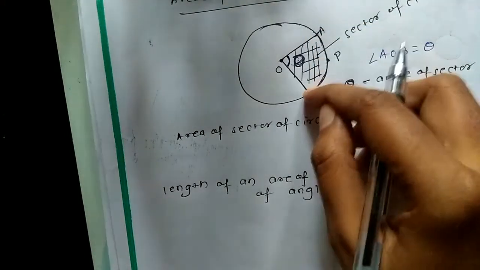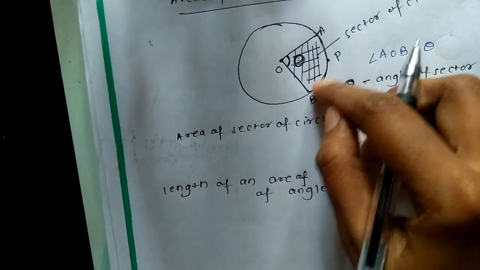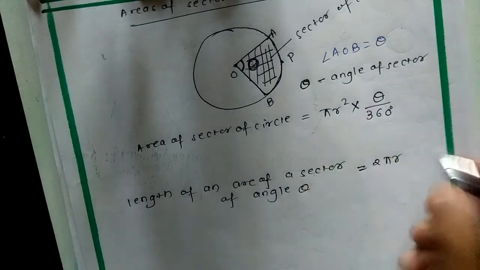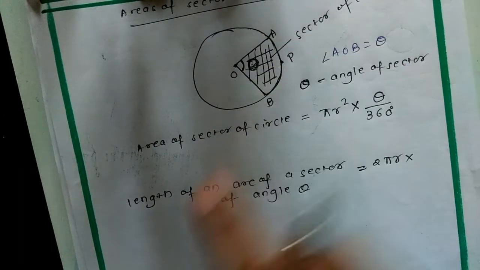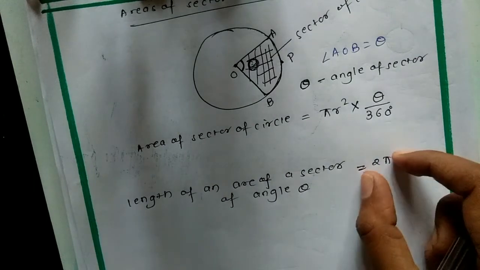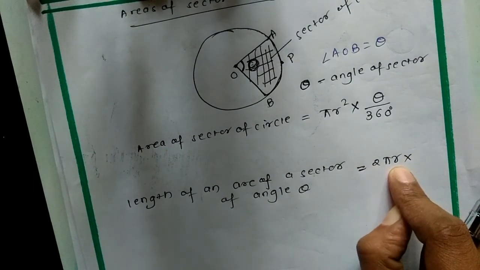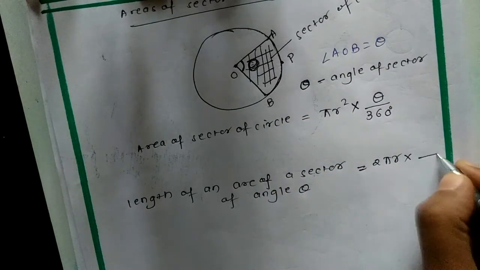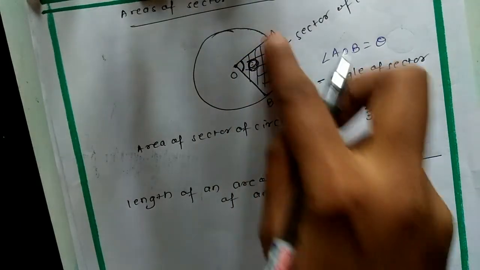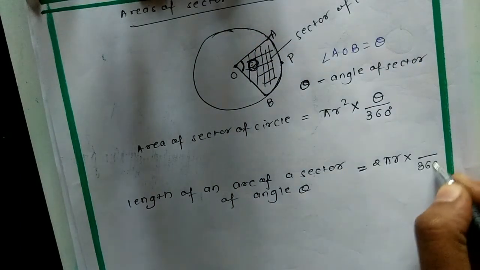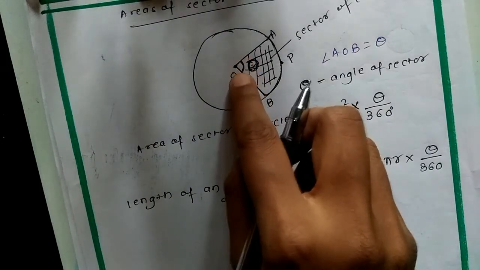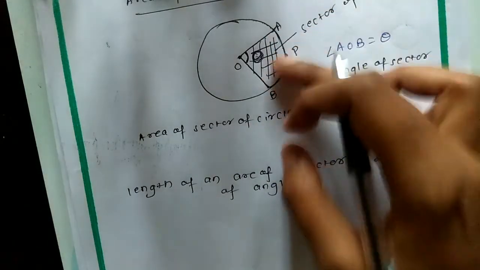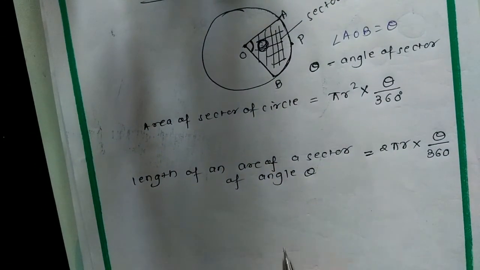You can see this length is nothing but a part of the perimeter, or a part of the circumference of the circle. So 2 pi r, we don't want the complete circumference, we want only this part. So the length is a part of the perimeter or the circumference. I wrote here 2 pi r, like how we wrote the area of sector of circle, into theta over 360. Because of this angle we are having this arc, so out of 360, you have to write how much is the angle of sector. This will give the length of the specific arc of a sector of a given circle.